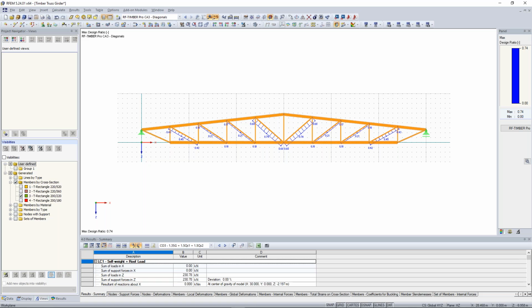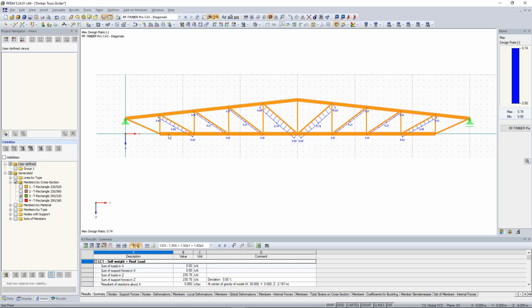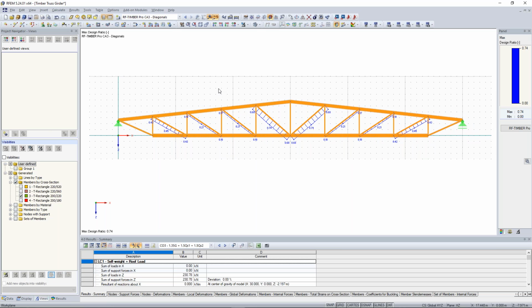Okay, we have one question. How to achieve optimum design? Yeah, that's a good question. For every structural engineer, the optimum design depends on several points. For one structural engineer, the optimum design can be the lowest cost of material or the lowest weight of materials, the best structure. It is hard to say what should be the optimum design of this